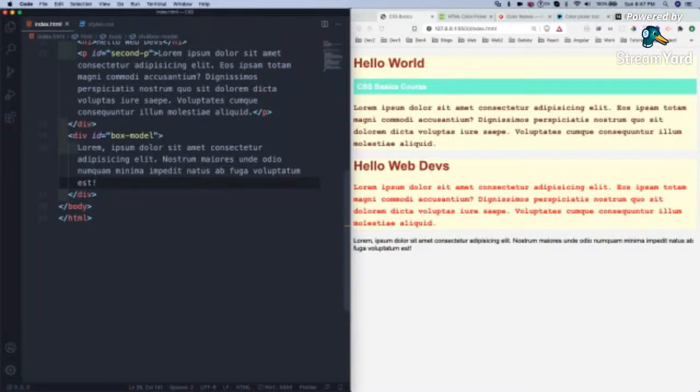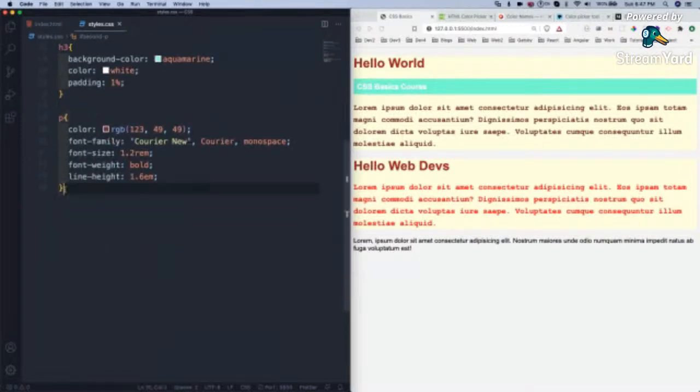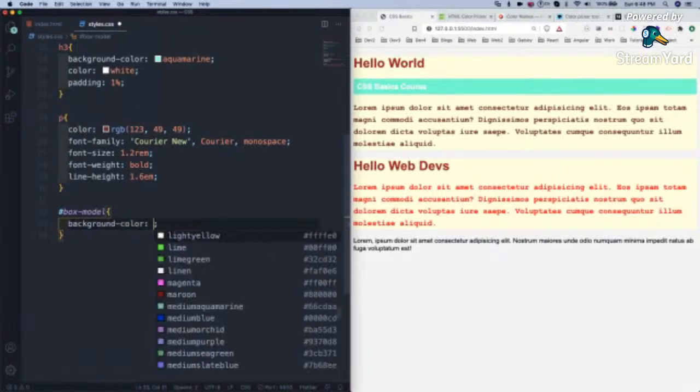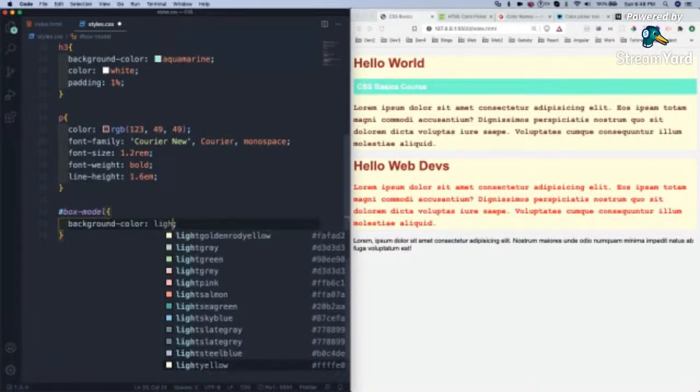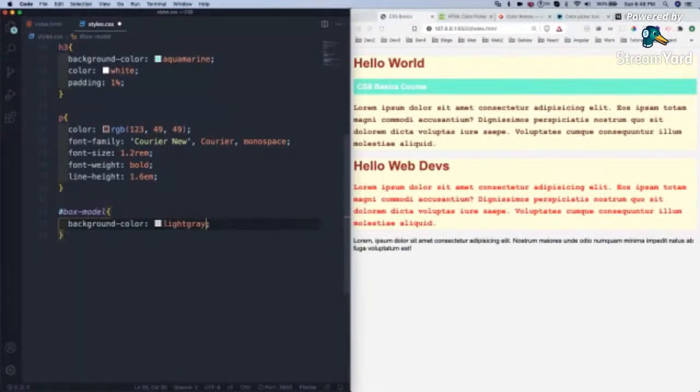So it came here. Now I will go to this box model. As I've told, it's an ID, so I have to select it with hash. Let me quickly give something: background color, light gray, width.